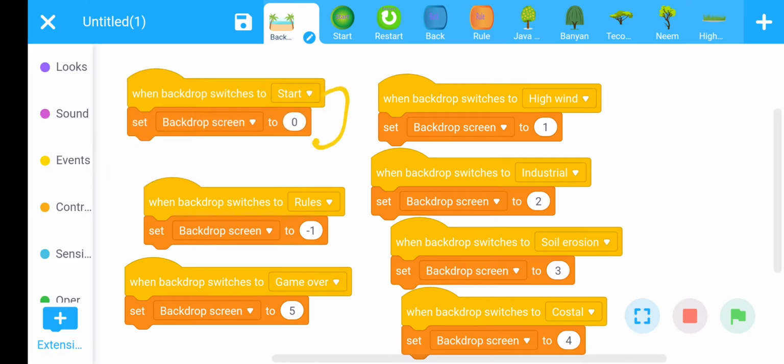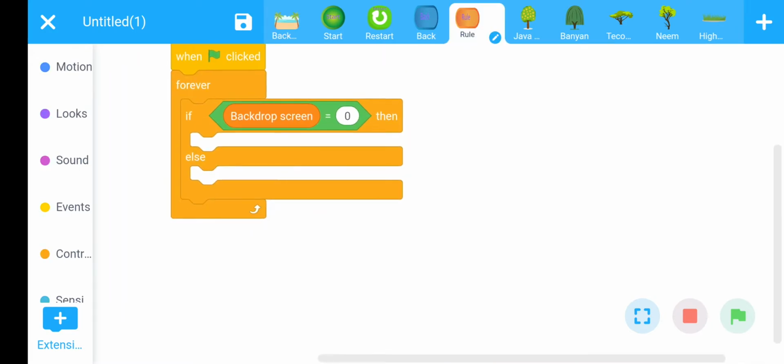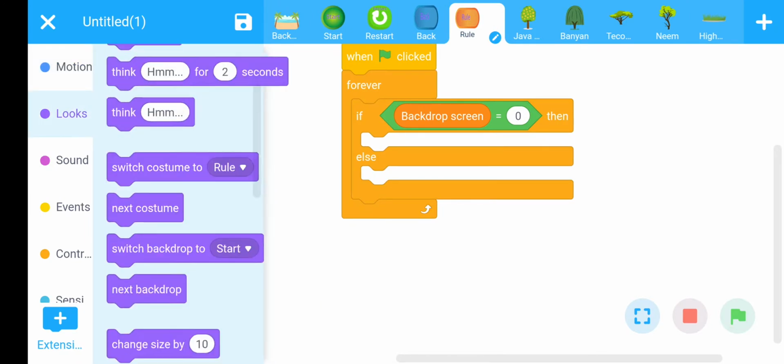If the backdrop value is 0, go to the Looks section.